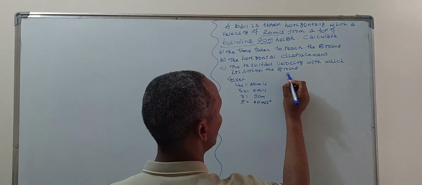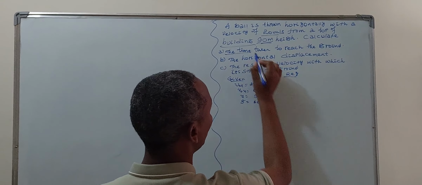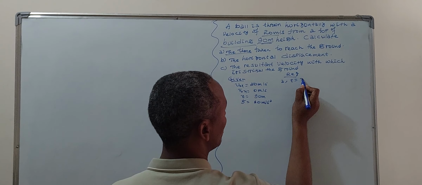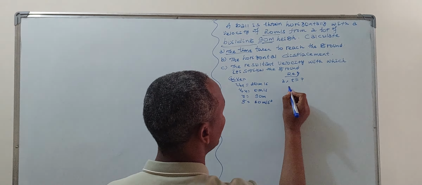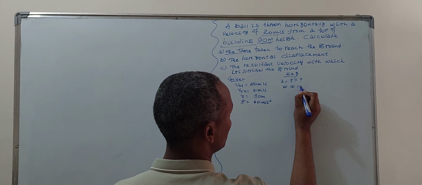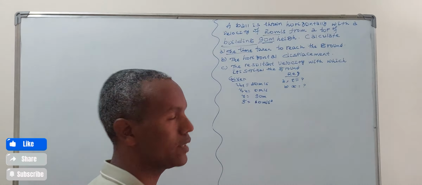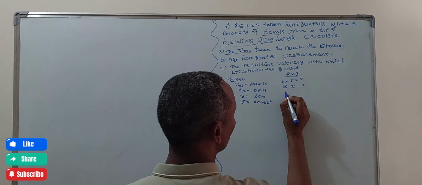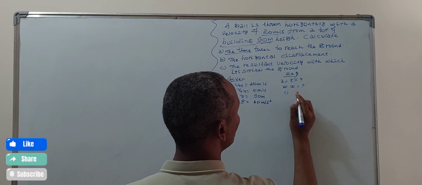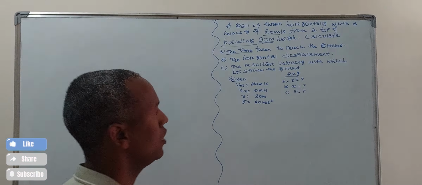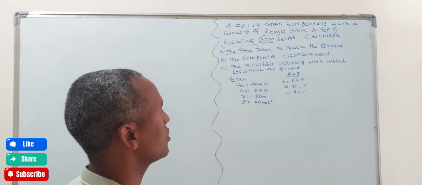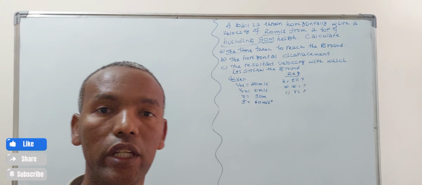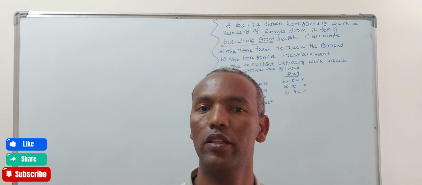So the required terms are: a, the time taken, is a required term, as well as b, x, which you need to calculate, which is the horizontal displacement basically, and then c, the resultant velocity, which is v, is equal to, you need to calculate the resultant velocity. So to calculate a, we need to find out the appropriate